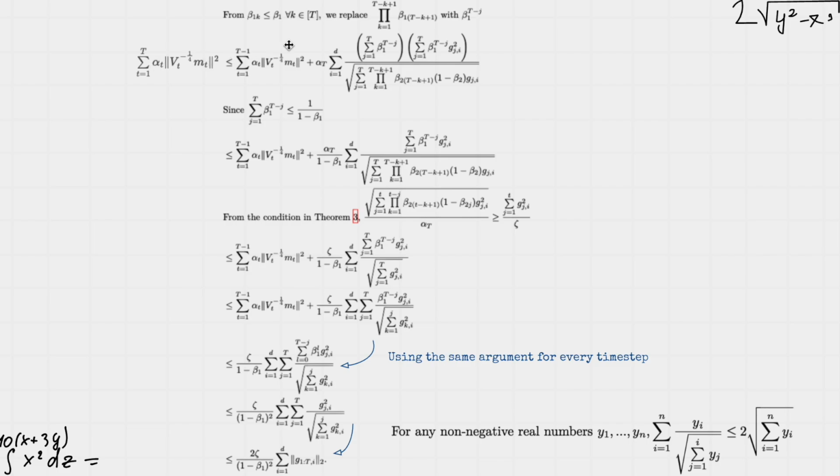Since beta 1k is smaller than beta 1 for all k, we can replace the product with beta 1 to the power of t minus j. And since the sum of a limited geometric sequence is always smaller than its infinite sum, we can replace the sum of the geometric sequence by 1 over beta 1 and move it outside of the summation since it is invariant. From the condition in the theorem that the square of its long summation divided by alpha t is greater than or equal to the summation of all the gradient square divided by a constant,